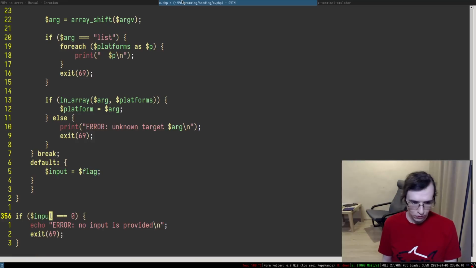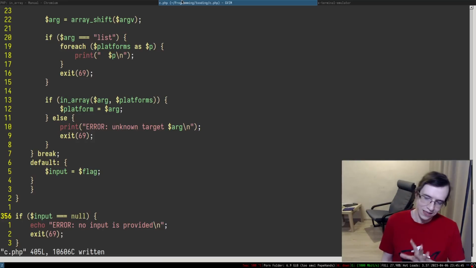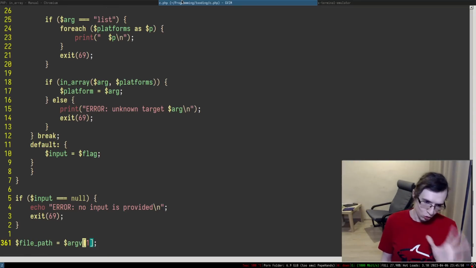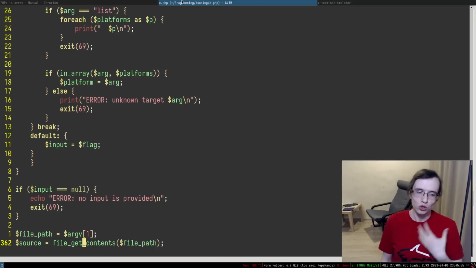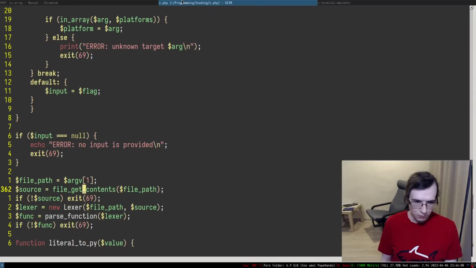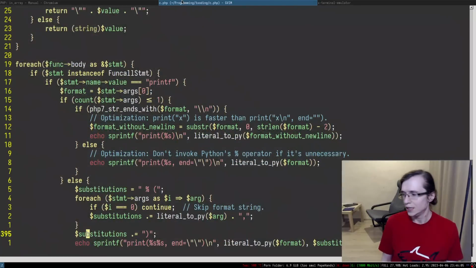So input is equal to null. I'm not sure if that's the idiomatic way of checking if something is null in PHP, but I don't know this language and I don't care. If it's equal to null, that means the input was not provided, and this is where we fail. Here we have a file path, and we can set the file path to input, and continue as usual. There we go.